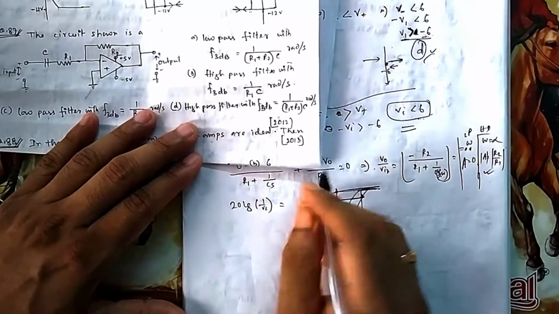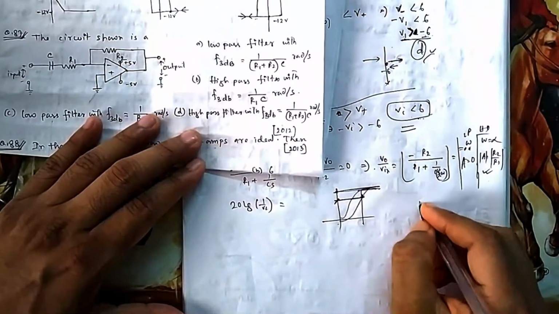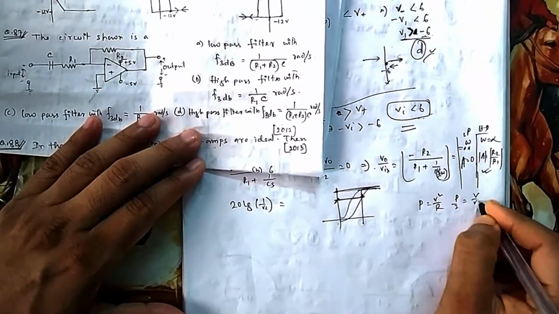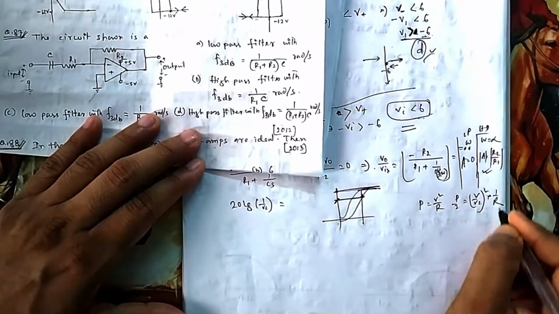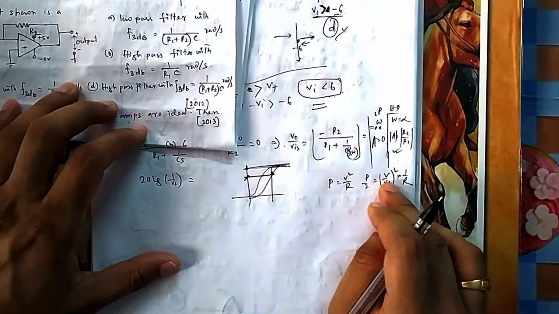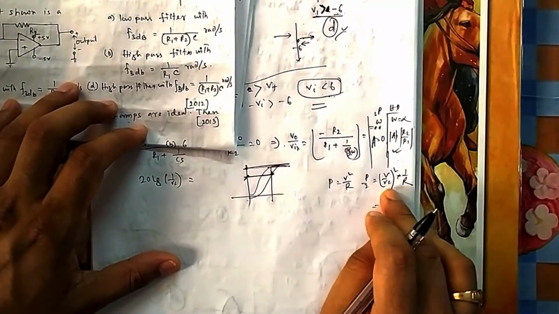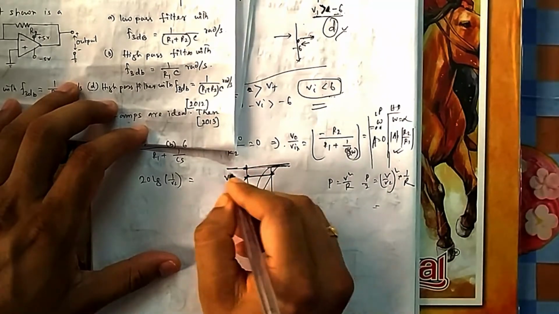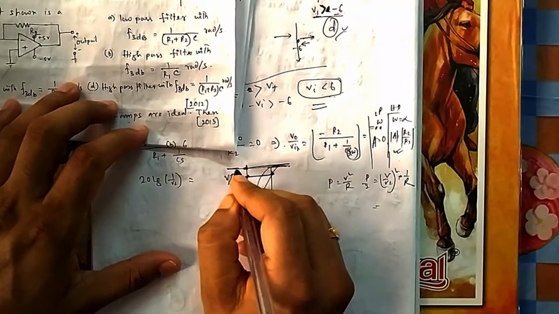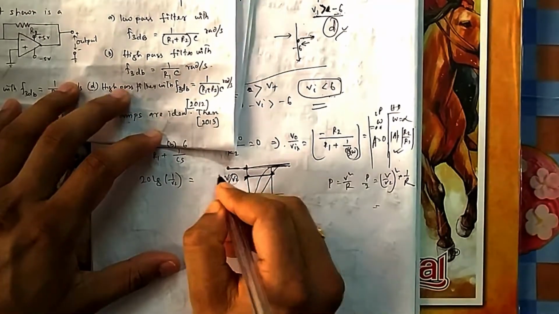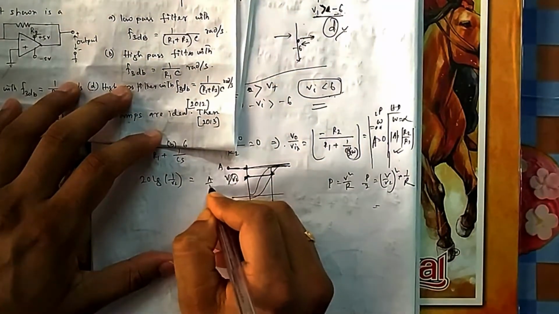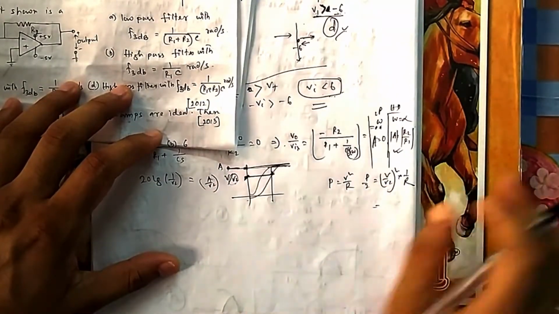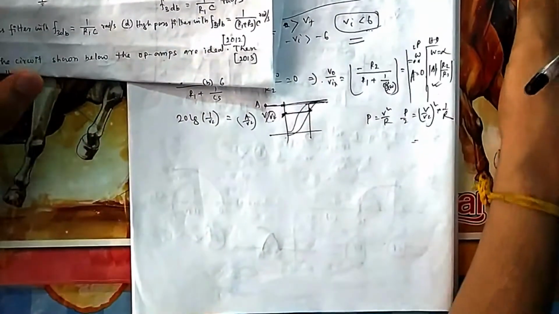So what is half power? Because here we are talking about V, power is equal to V square by R. If you need half power, then it will be V by root 2 whole square into 1 by R, so it will be V square by R by 2. You can see now 2 will come. So it is V by root 2. So the total gain should be 1 by root 2 times that gain. Suppose this is my gain A. Here gain should be A by root 2, so that my voltage is reduced by root 2 and power reduces to half. That is the idea of 3 dB, that is the half power frequency.